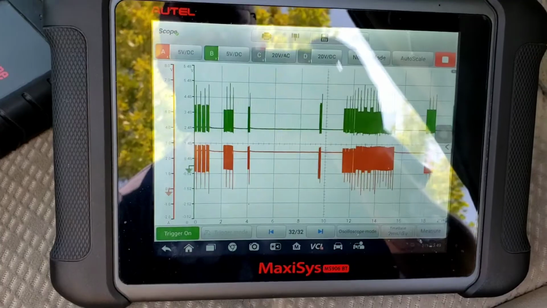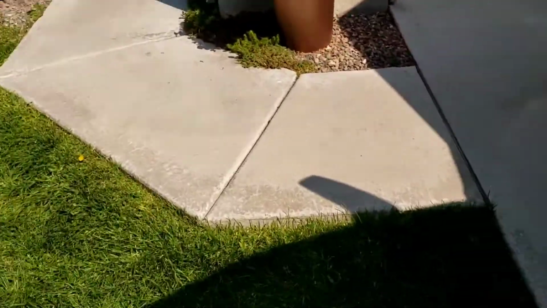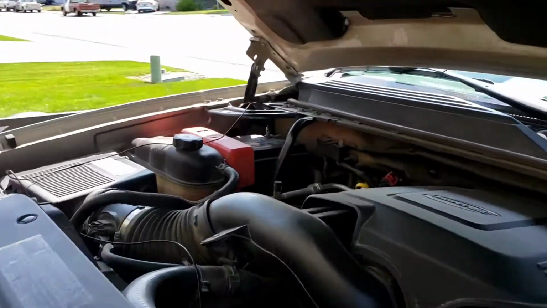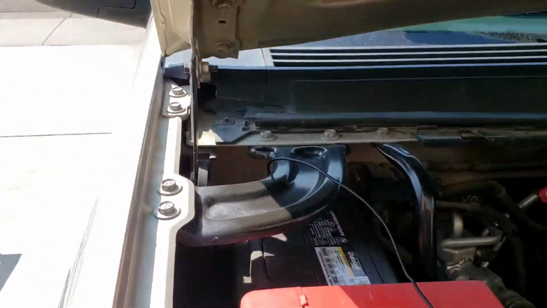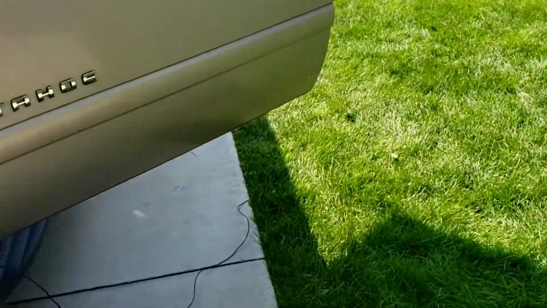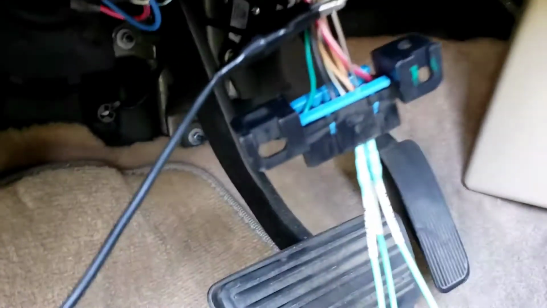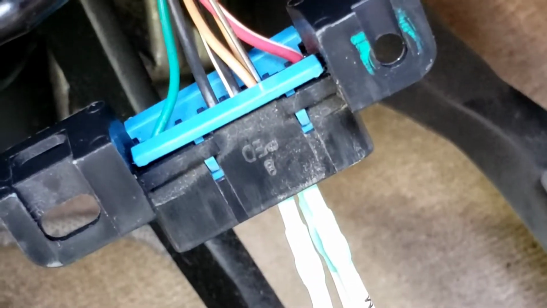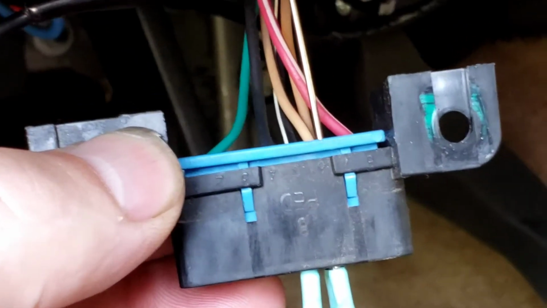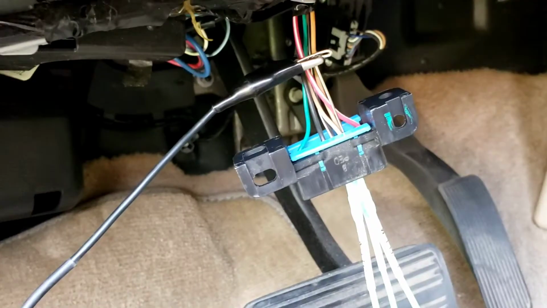Right there is CAN high, CAN low. And I'm going to take my wire and go into battery ground, doing the same thing. And I'm going to back probe it on the back of the connector and see if we get the same results. All right, so I got it probed on pin 6. You can see it there. Pin 6 back probed,